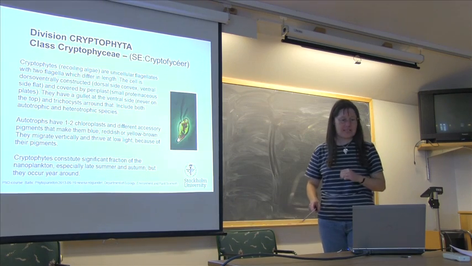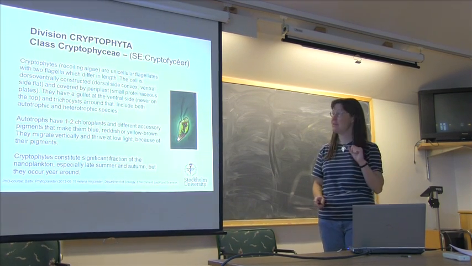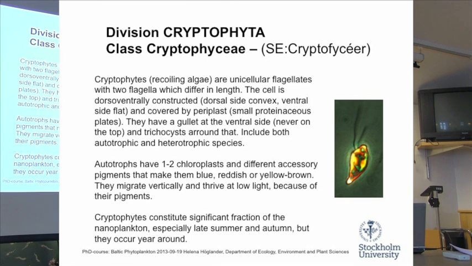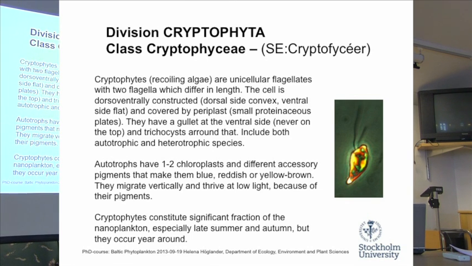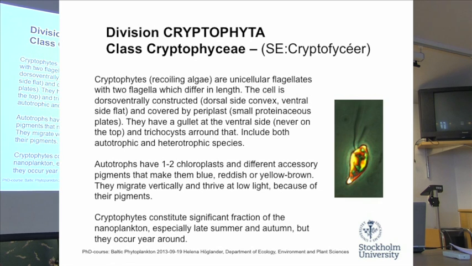And then we go to the next group, the Cryptophytes. They are very small things, and you will not be able to see them one by one in the water. They're usually in the size from 4 microns to maybe 30 microns. And they are also called recoiling algae. They are always unicellular, and they have 2 flagella, and